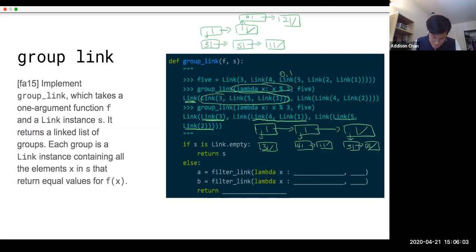So we know that we can do s dot first to get the current element inside of our linked list. And we can call filter link on,